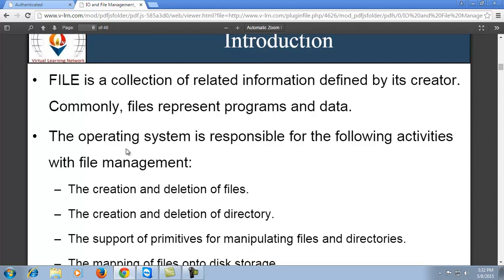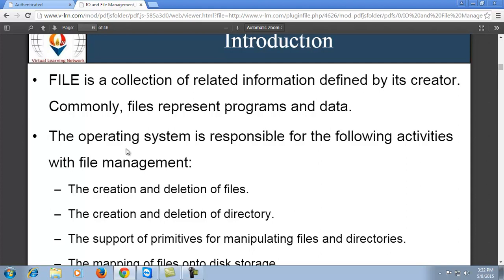Files represent programs and data, and you can say a file is a container and a storage which holds content and notations required for the programs and for the data, for further processing and for future use. We need to create files for storing, accessing and retrieving the content, for the future as well as for currently running files.